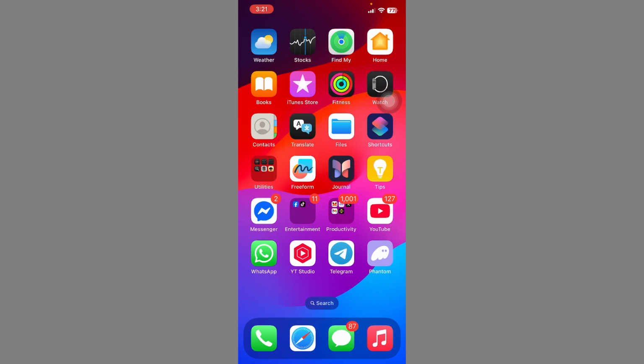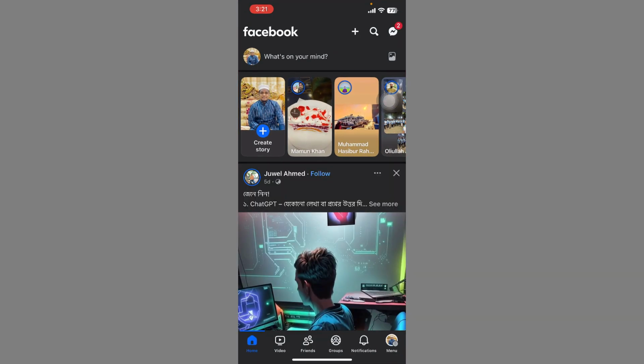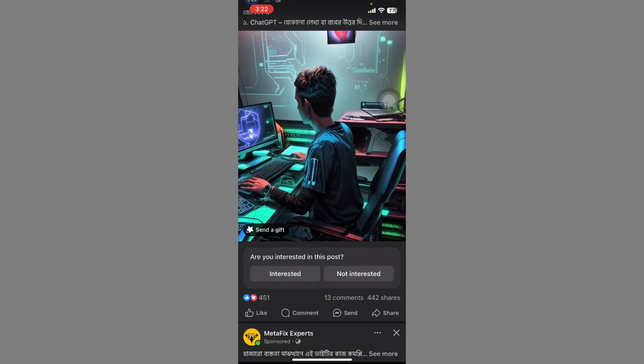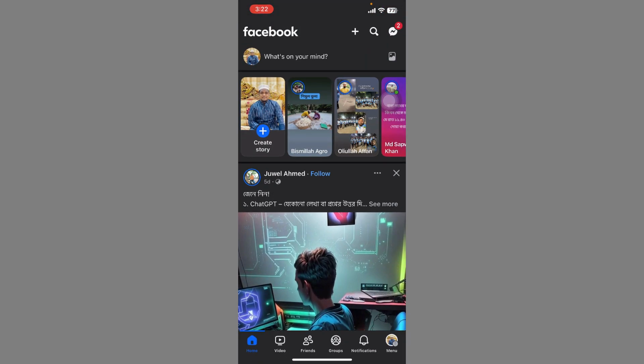Today I am going to show you how to temporarily deactivate a Facebook account. Okay, so let's get started. First of all, click on the Facebook app. Okay, click on the menu option,